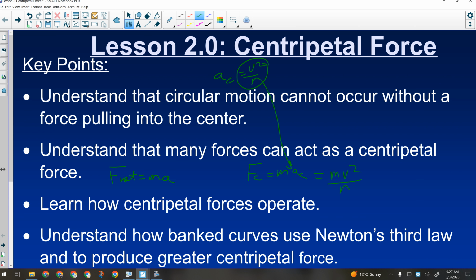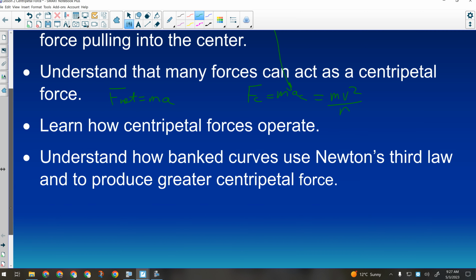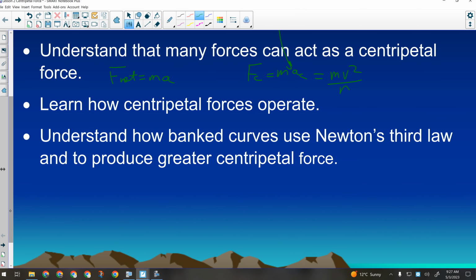Like we don't necessarily notice that friction is what keeps you in a corner. We don't see that gravity is what keeps the moon in orbit around the Earth, because we can't see that connection. When I'm whirling something around the circle, the string is there, it's obvious. But sometimes looking at a situation, it's a little tougher to figure out why that object is moving in a circle or what's providing the force back towards the center. So learn how centripetal forces will operate